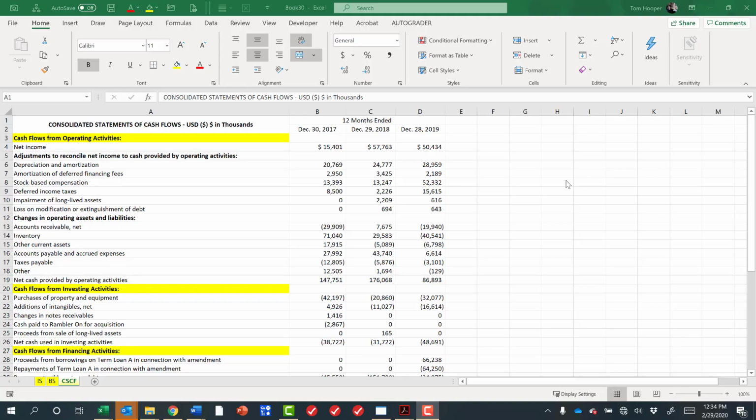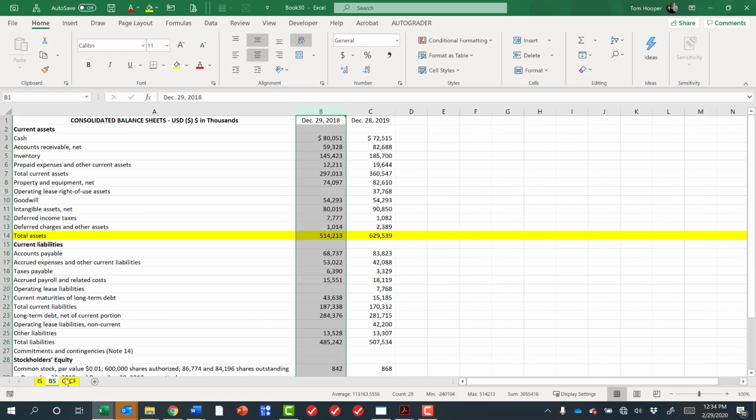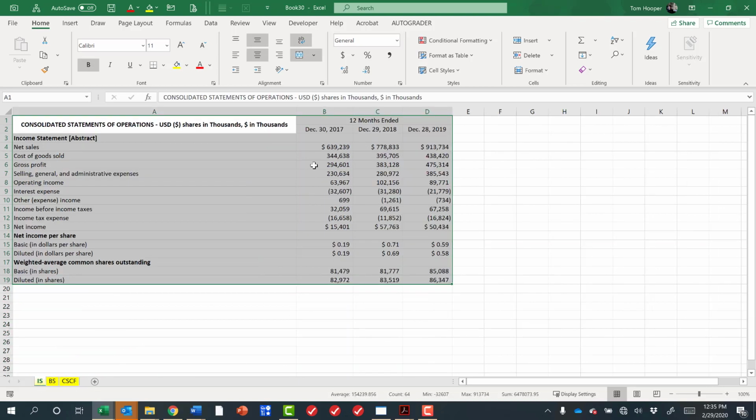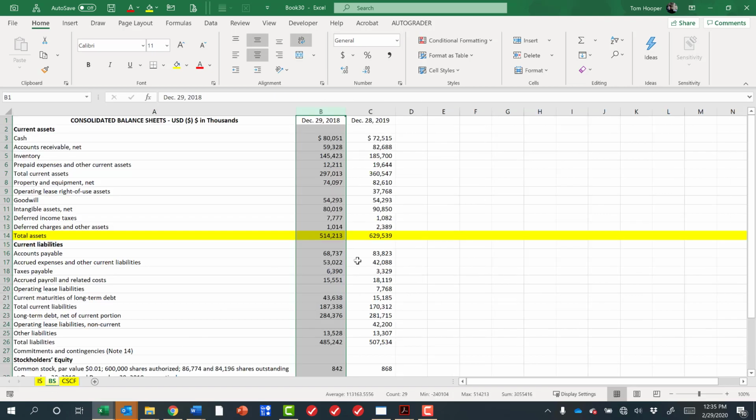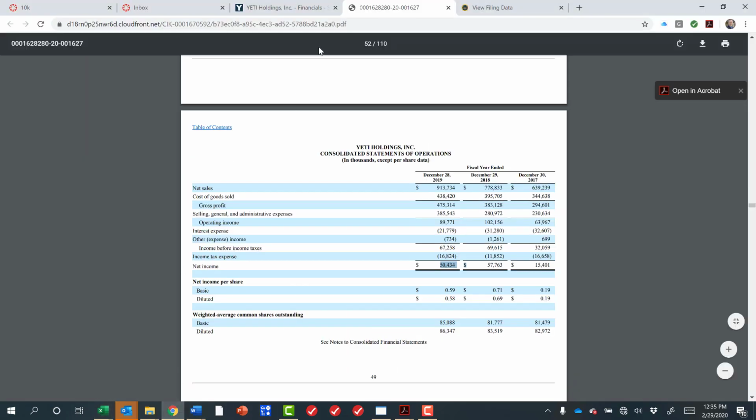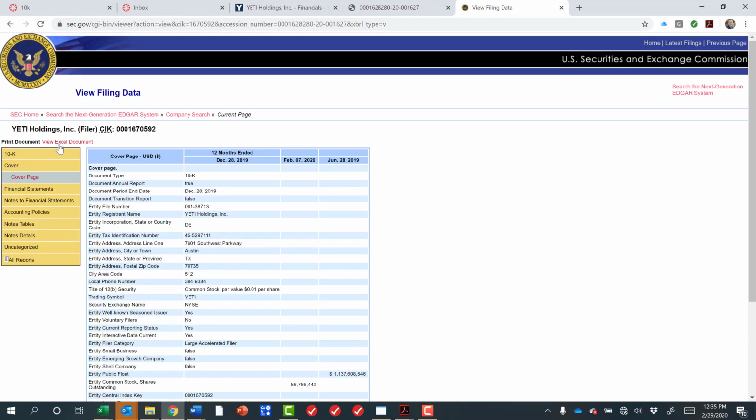And now all we need to do is go back and get an extra year of data for this statement, 2 more years of data for this statement, and an extra year of data for this statement. And what we're going to find out is Yeti has not been public long enough to have 2 more years, but that's okay. If your company does have 2 more years, when you are on the Edgar website,